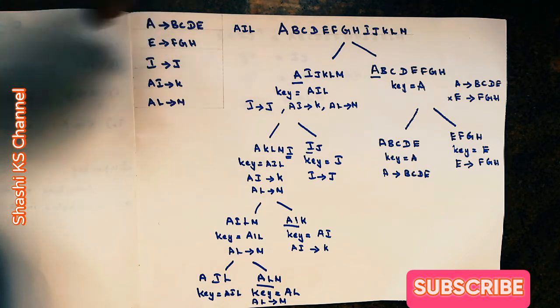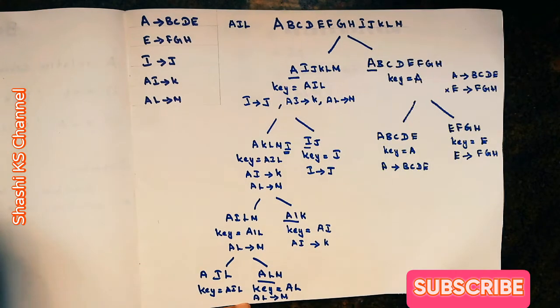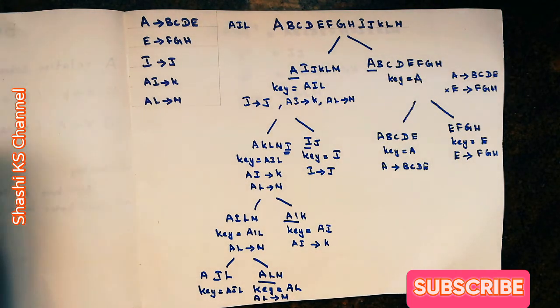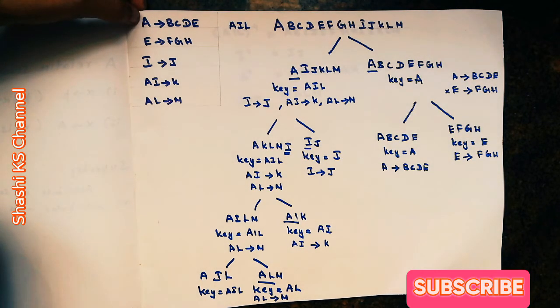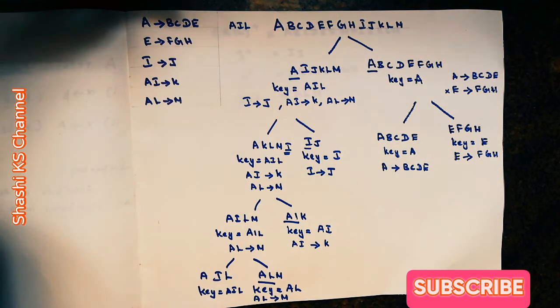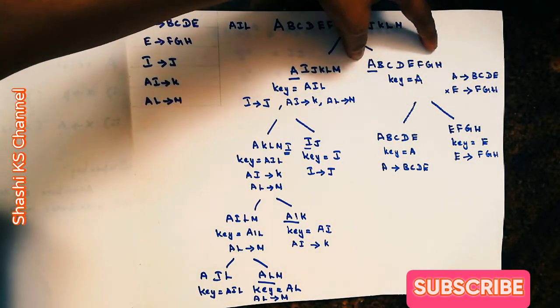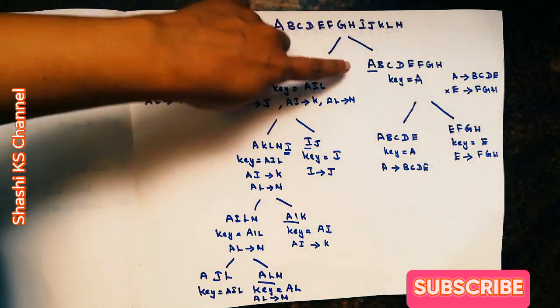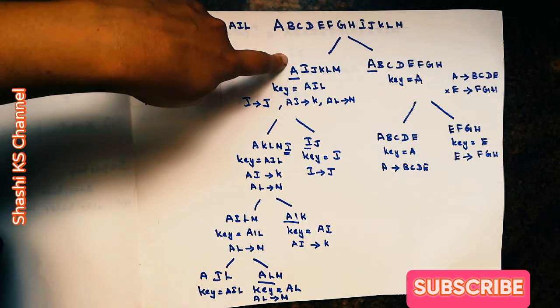The next is, if they ask you to decompose it into BCNF form, then you have to apply the BCNF decomposition algorithm. How to apply? You have to first check every functional dependency. First I take this functional dependency, I apply the closure to the left hand side. When I apply closure, whatever I get in the closure set, write it as the attributes of one of the decomposed relations. Whatever attributes are remaining, write it as the set of attributes in the other decomposed relation.